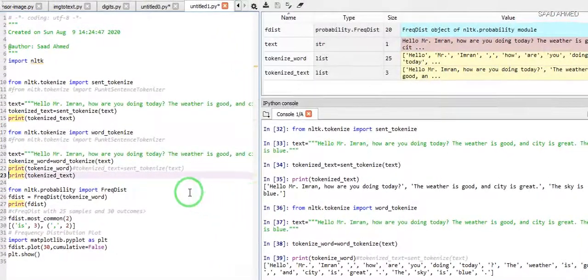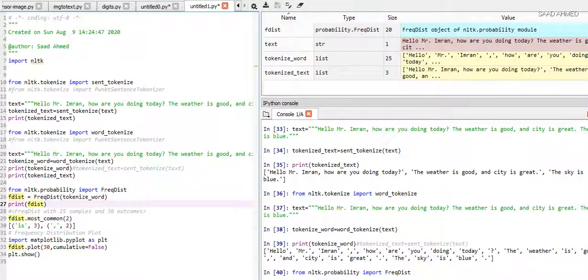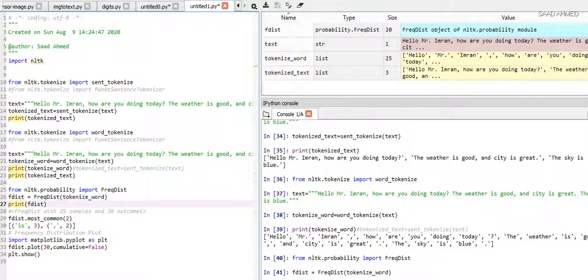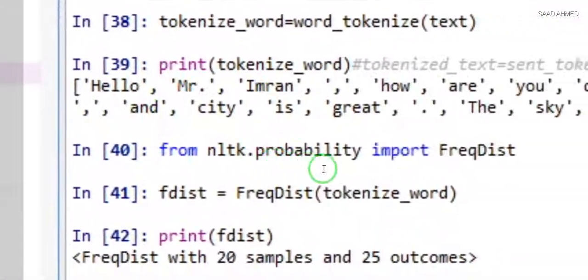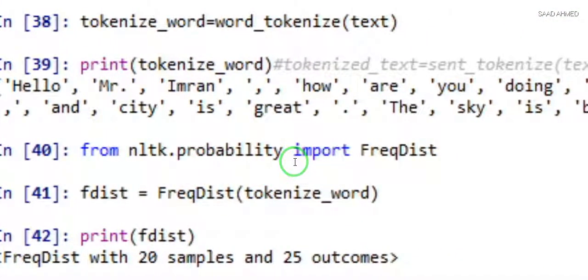The next thing I want to show you is to find out which word has appeared how many times, that is the frequency distribution. So I'm going to use this NLTK probability and import frequency distribution. It's a very interesting thing, so I'm just going to apply it here. It is showing 20 samples and 25 outcomes. Let's see how it looks